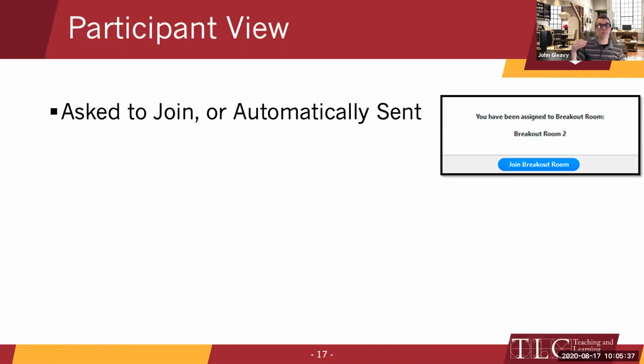So if students were to be asked to join the meeting, in those cases earlier, as you remember, we can either have the students by default have to click on join breakout room, or it forces them automatically. But if we were to leave it on the default, this is the pop-up students are going to see on the right, join breakout room. And it's very easy, very obvious. Go ahead and click on that